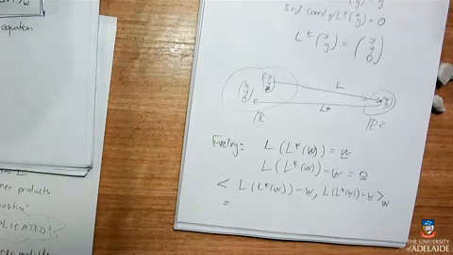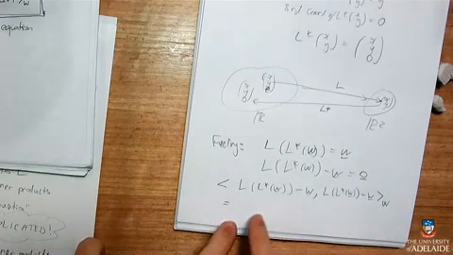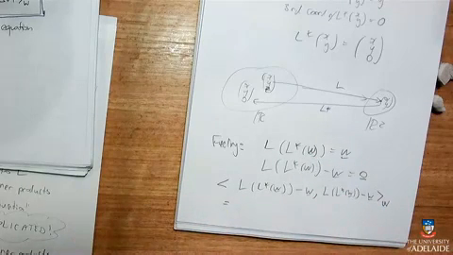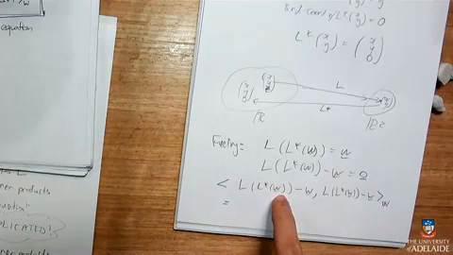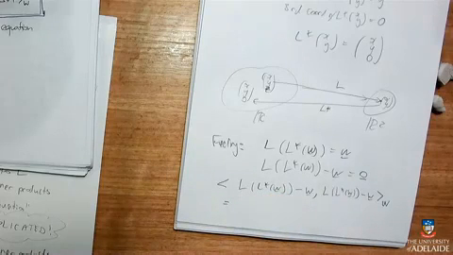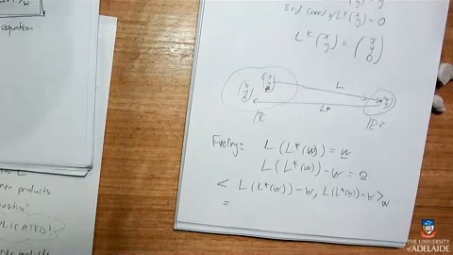My hope is that you could get to here. So this is my feeling, and if this came out to 0, it would prove that this was 0, and therefore would prove that L L star W was W. This would not make the slightest bit of sense, I think, if L L star was not the identity in W. That's my hope.